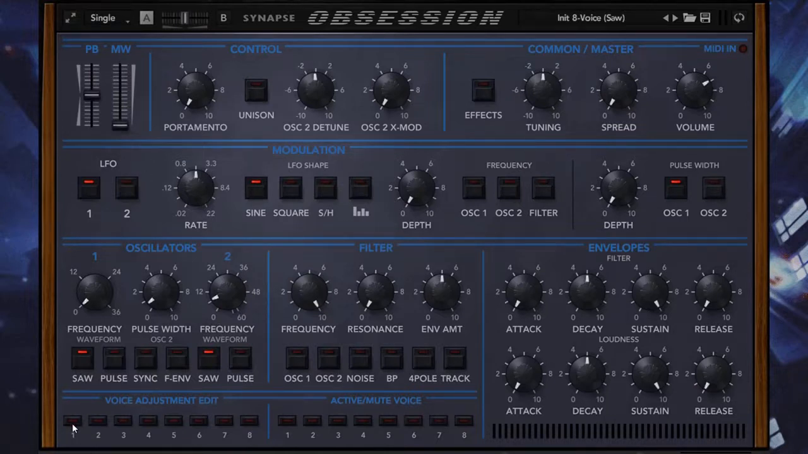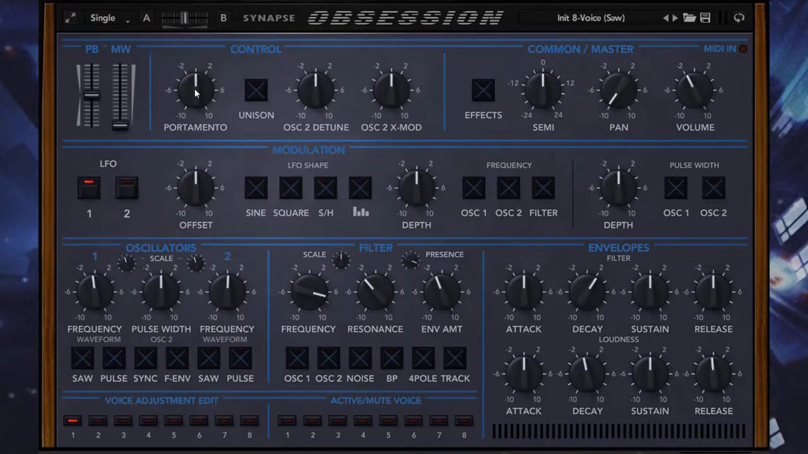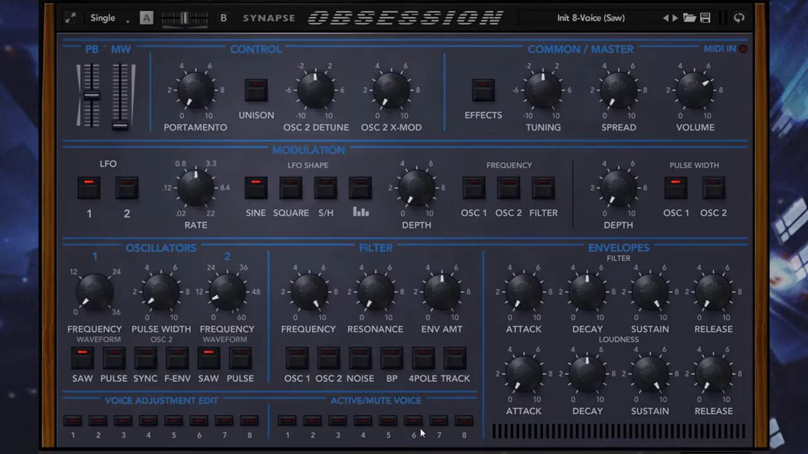So if you look at this voice adjustment edit, let's say I change it here, and let's say I change it there. You can see how voice 1 and voice 2 have different levels of portamento. And so what's going to happen is, if you're running all these voices,